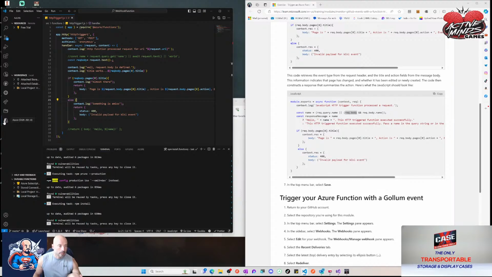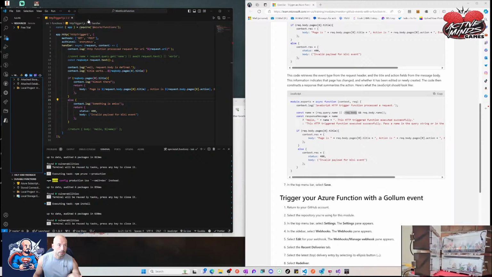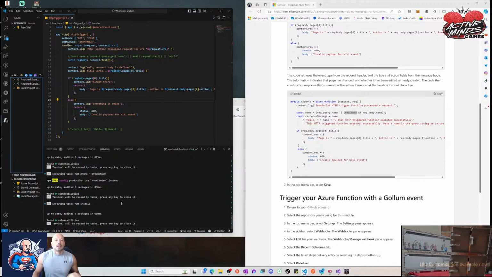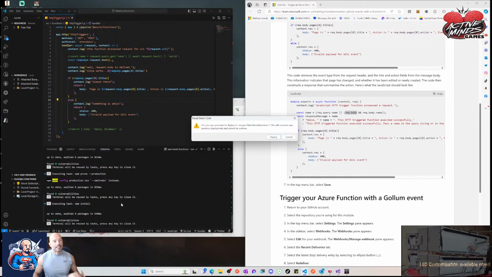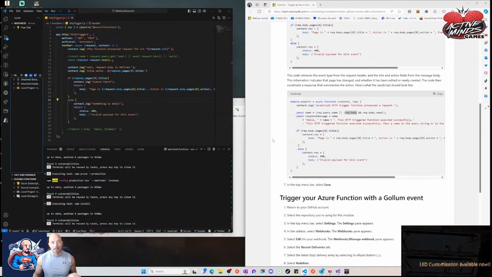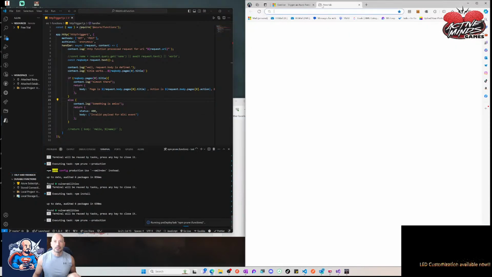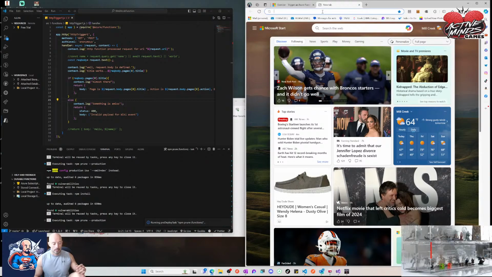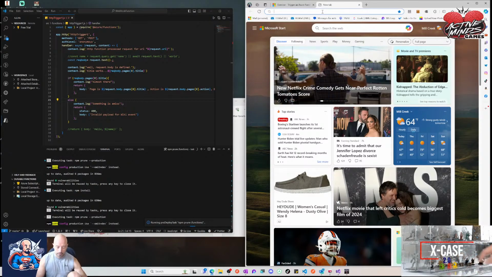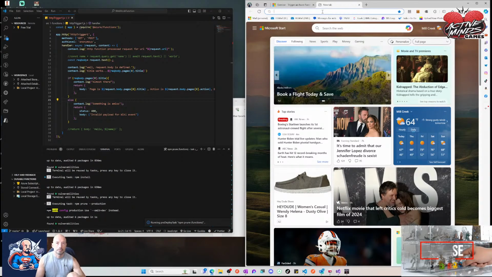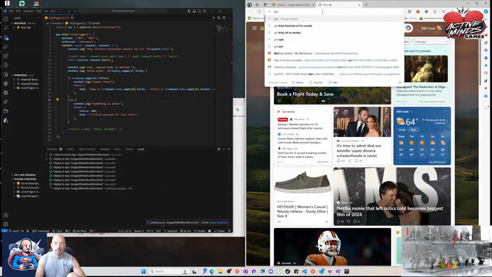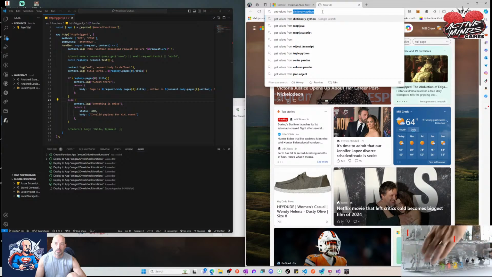Okay, so let's go here. Deploy to Azure. Go up here. Webhook functions. Okay, so I think that might be the problem. While that's doing that, it takes a minute or so. We're going to go get values from